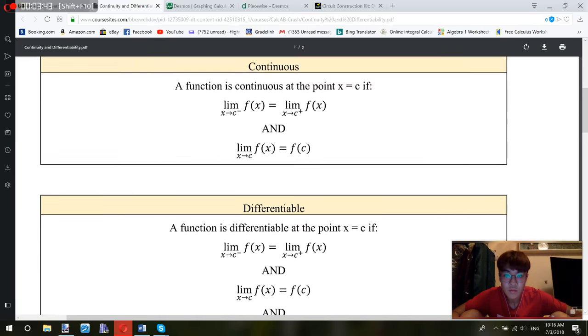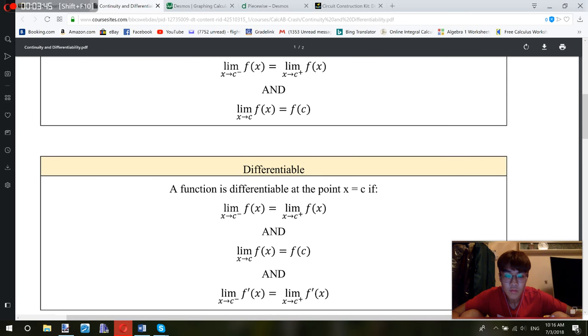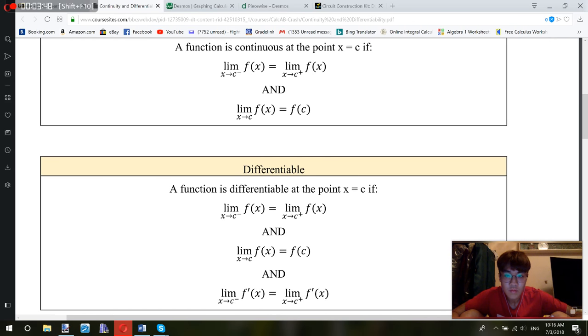In order to be differentiable, we have to be continuous, which means we have a general limit. The limit from the left is the same as the limit from the right. When I plug it in, I get the same result. That's what I needed to be continuous. And one more condition. This is new. The limit of my derivative must be the same from the left and the right, which means our slope has to approach the same value. Okay, so if I take a look at my graph,